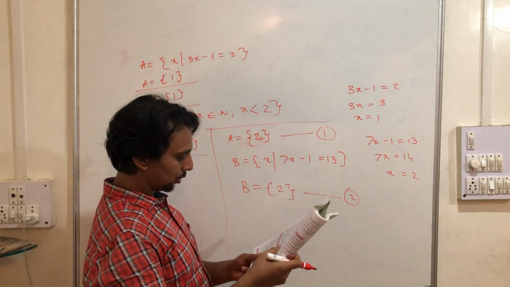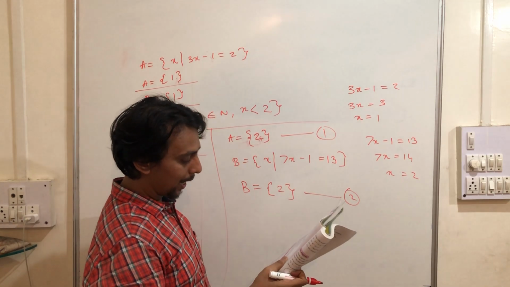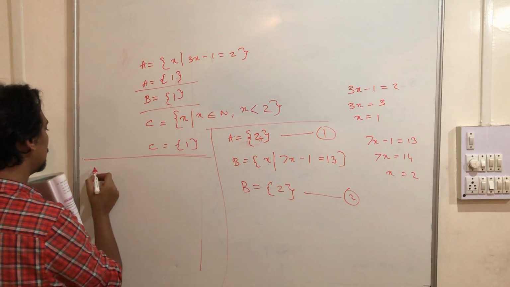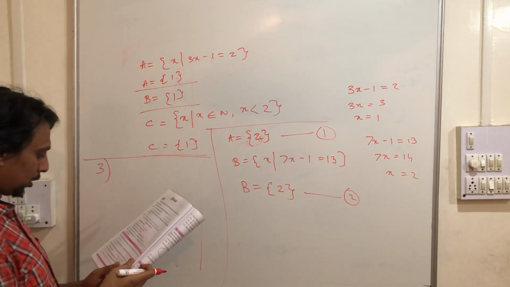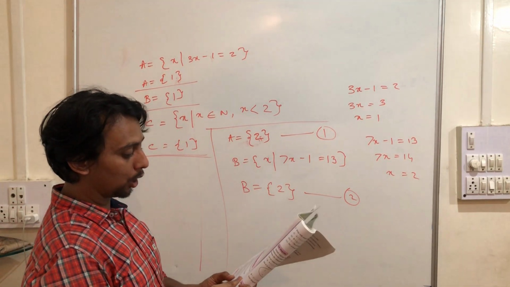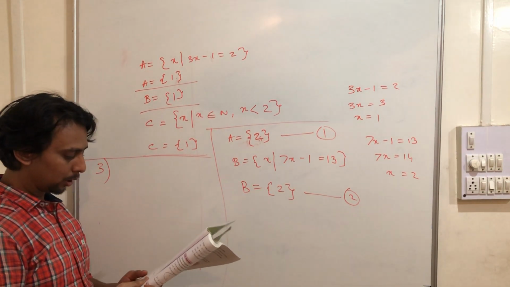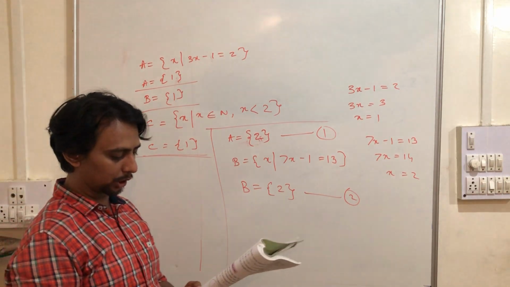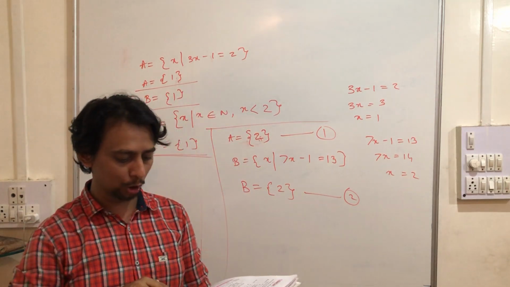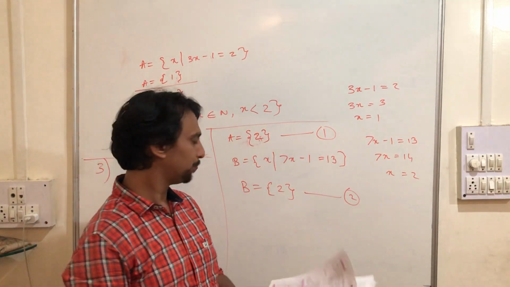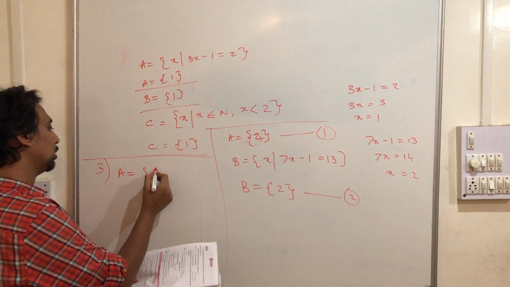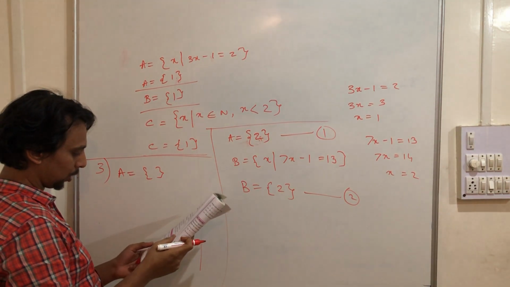Okay? Next, which of the following sets are empty sets? Why? So this is your question number 3. A such that A is a natural number smaller than 0. Okay? So there is no such natural number, so they cannot be smaller than 0. Therefore this cannot happen, so A is equal to empty set.